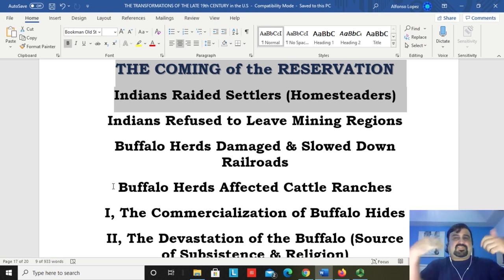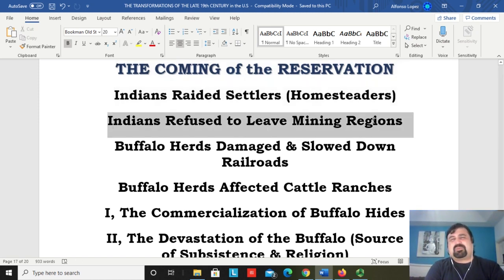And Native Americans are simply raiding, if you will, properties. They're pursuing the buffaloes. And there's, of course, confrontation between the homesteaders and the Native Americans over private property, because that land was simply open range in the past for them. So now the institution of private property is pretty much changing